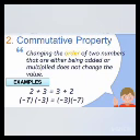Commutative property. Changing the order of two numbers that are either being added or multiplied does not change the value. Let's understand with the help of some examples. 2 plus 3 is equal to 3 plus 2. Here left hand side and right hand side we are getting the same answer, that is 5. So commutative property is proved over here.